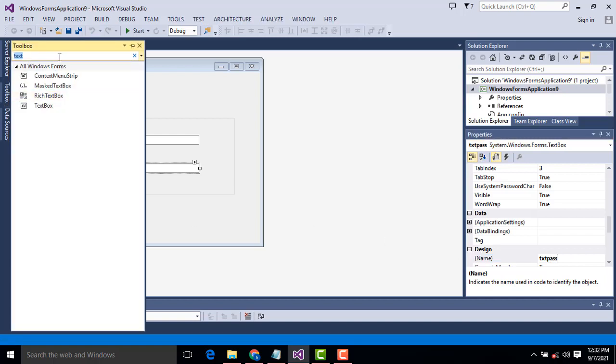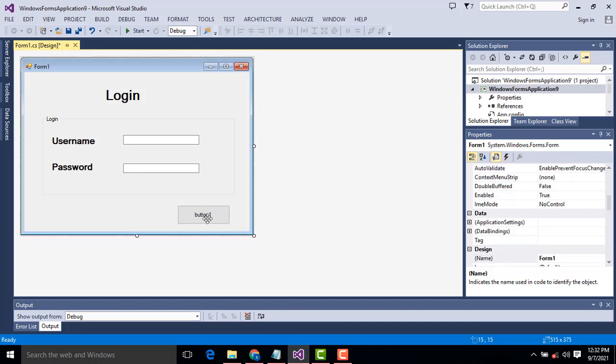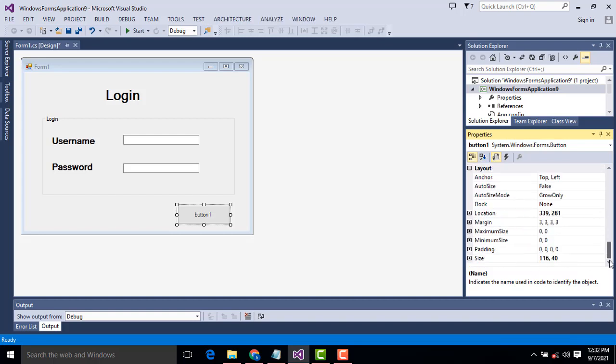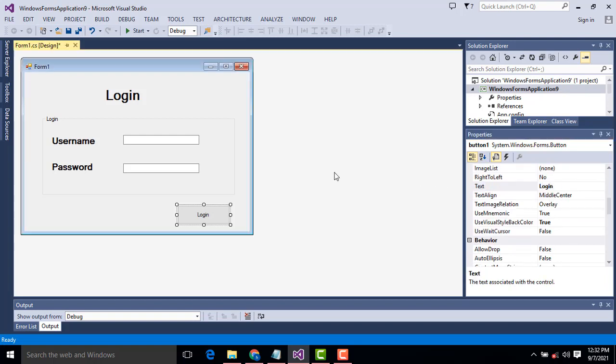This one you have to change to a button. Take this one, and here we have to name the text as login. Press enter. Right, a simple design.